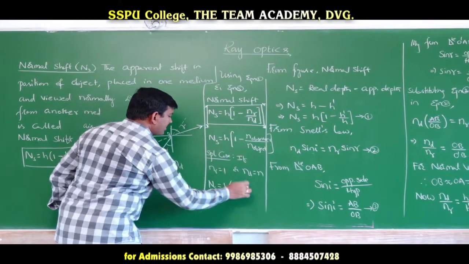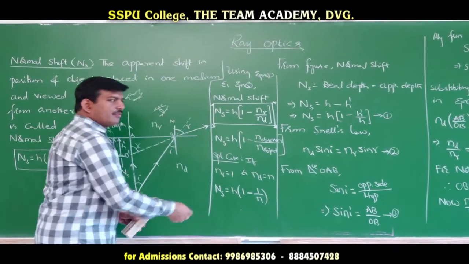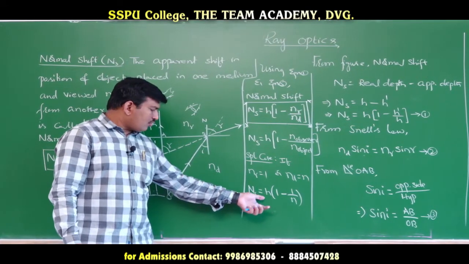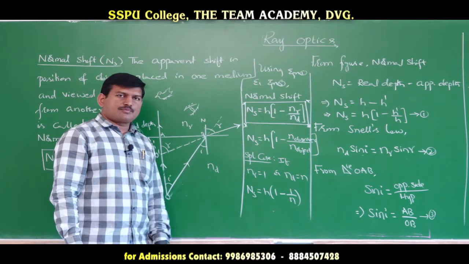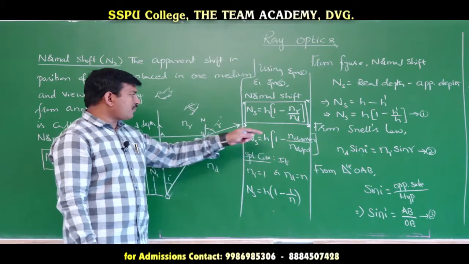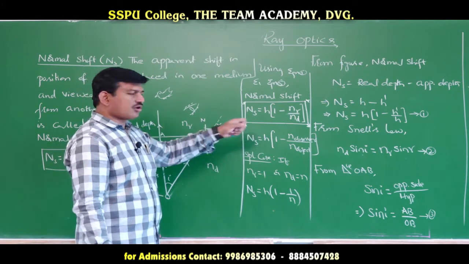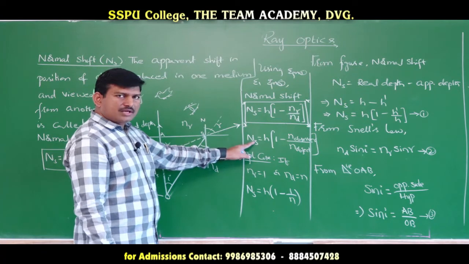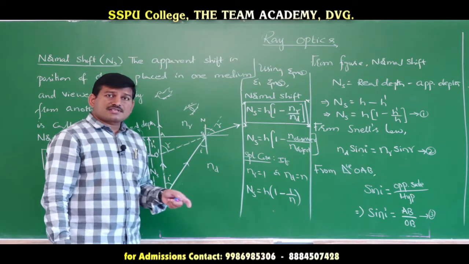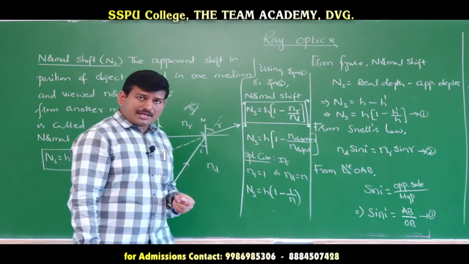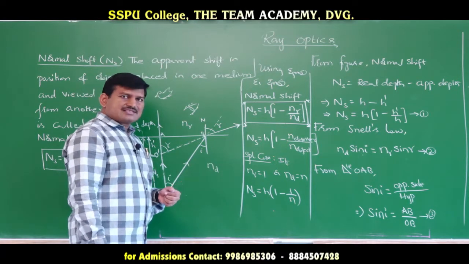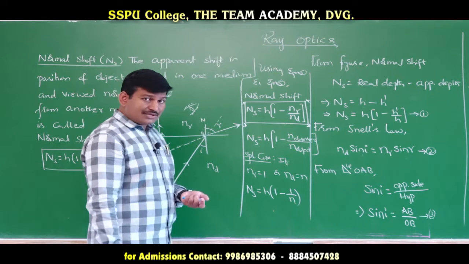1 divided by N. So this is the most commonly used formula while we are solving problems at lower standards. But for higher standards of problem solving, we have to go with the general formula. It is the most suitable formula for higher level problems. Why? Because here the normal shift may be positive or negative. How the normal shift is positive, how it is negative, we will see here. And how the normal shift is 0 we can also study.